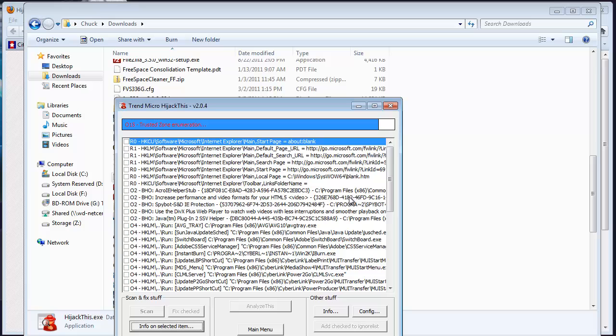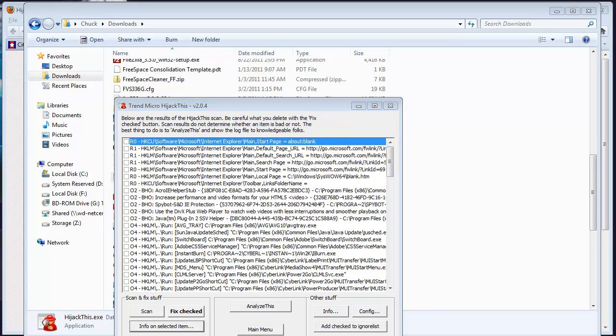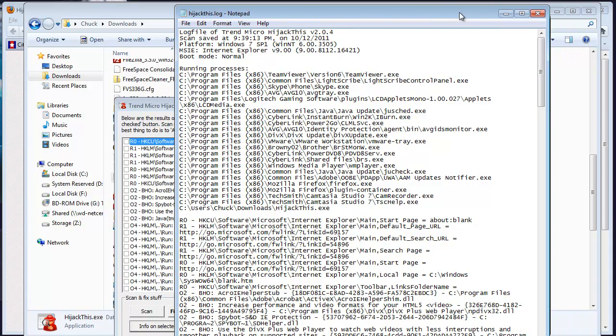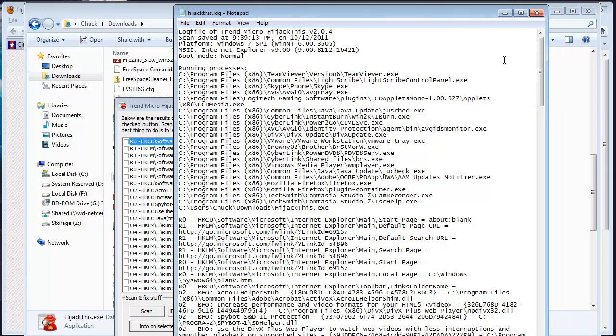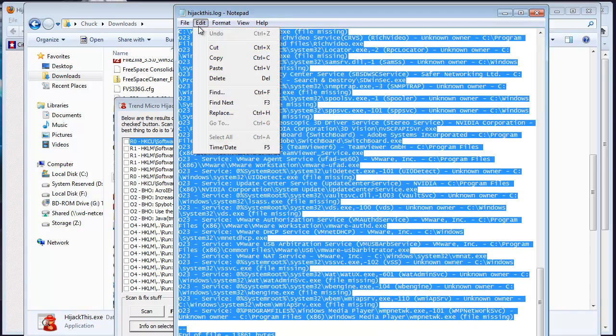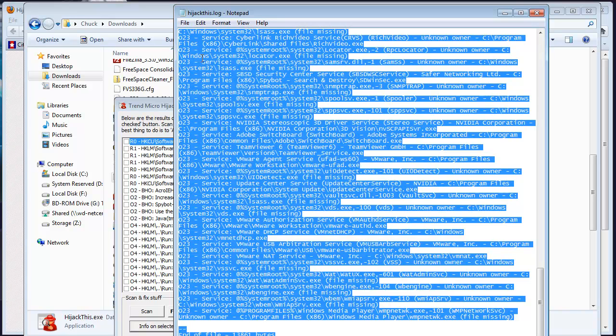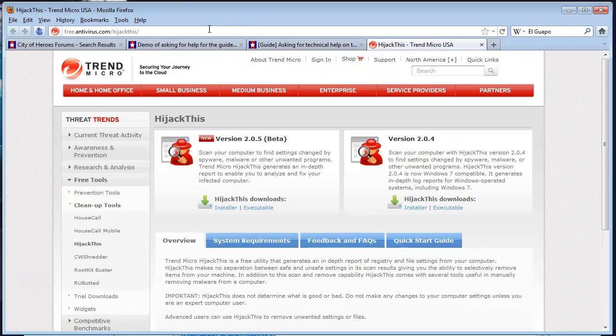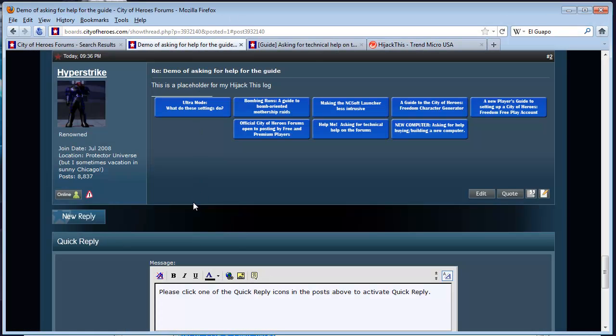So it runs through all of its nifty stuff and pops up a log file. It's doing it for me on a different screen because I'm multi-screen, and this is what it looks like. So you can sit there and select all, copy, and then come back over, head back to your thread for where the HijackThis log is, go in and